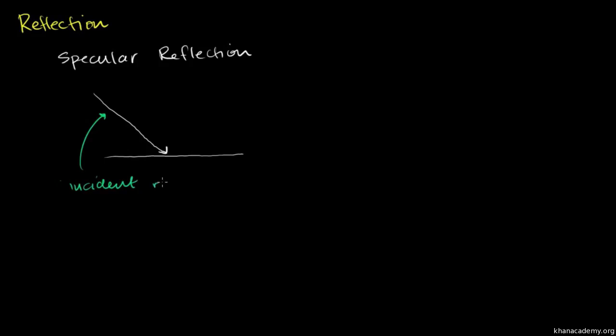Incident ray. It'll approach the surface, and you can almost imagine that it bounces off at essentially the same angle, but in the other direction. So then it'll hit the surface, and then it'll bounce off, and it'll go just like that. And then we would call this the reflected ray after it has kind of bounced off of the surface. Reflected